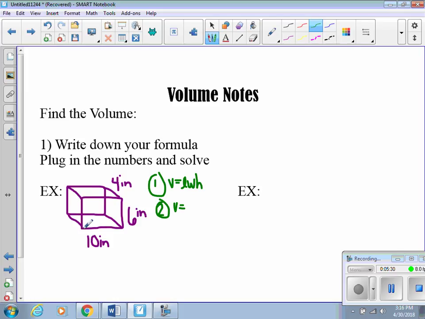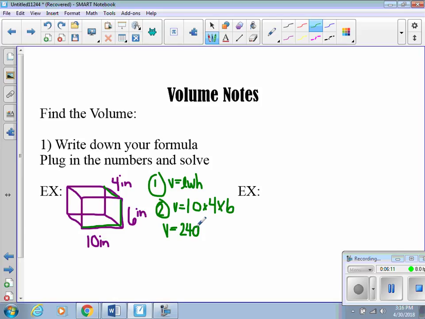I have here my length, so I'm going to write down 10. Times, then I'm going with my width, which would be here, which is 4. And then lastly, I have my height, which is here, which is 6 inches. So I can use a calculator. I can do 10 times 4 times 6. And when I do that, I'm going to get, for volume, equals